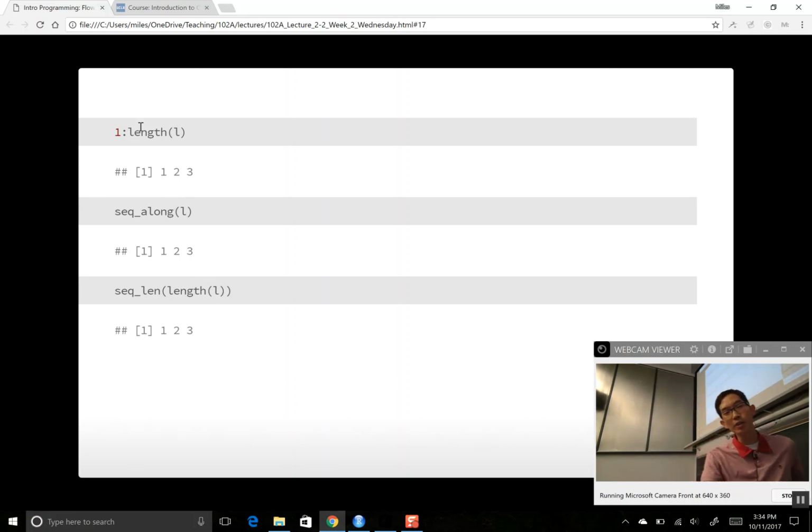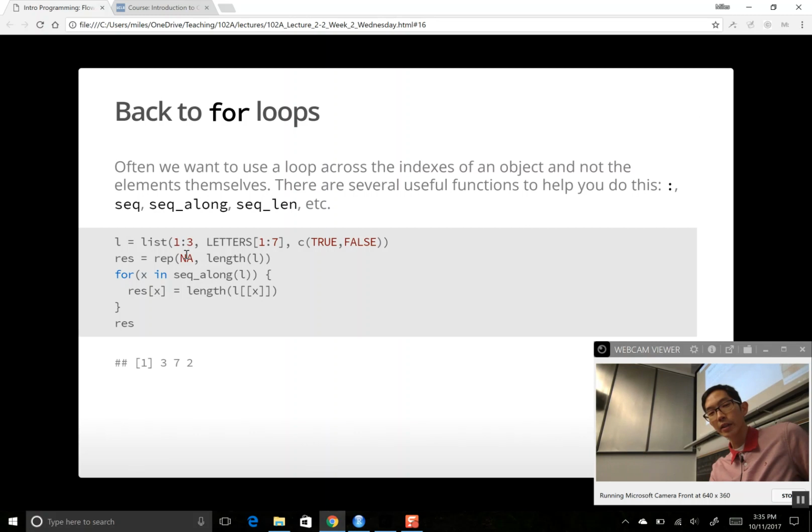Okay, my default method is to just do 1 colon length(L). That's the idiomatic expression that I use probably the most, but this is also very common. seq_along(L) just takes whatever vector it is, figures out the length, and creates the integers 1 through that length. Okay, so here we're going to use for x in seq_along(L), which is effectively